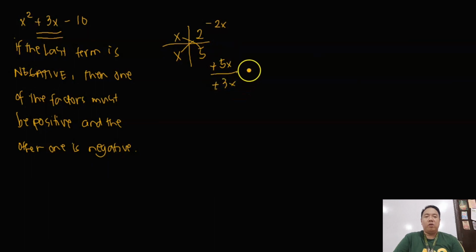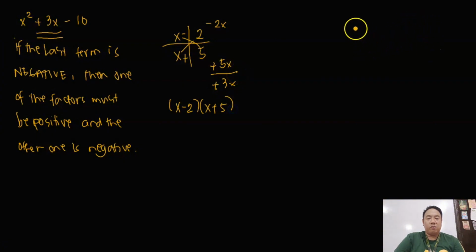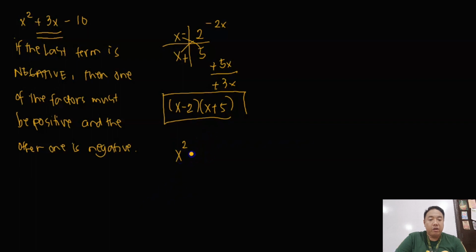Yes, very good. So itapat lang si negative 2x, ang sign niya dito, ito ang magiging sign ng katapatan niya. Itong positive, dito naman sa katapat. Then, pagsamahin sa loob ng quantity. So, the quantity of x minus 2 times the quantity of x plus 5. Very good. So, that's the final answer. Let's try another one. If we have here x squared minus 4x